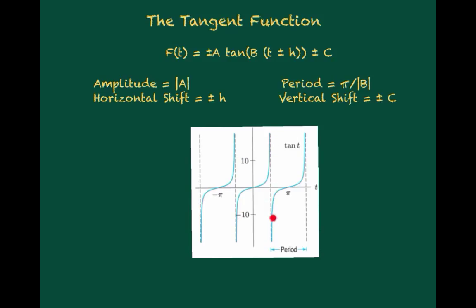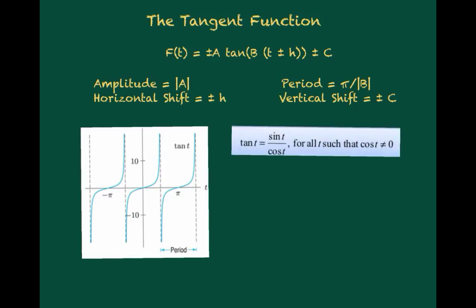And let's take a quick minute to explore why that's true. Tangent is defined as sine over cosine. And even back to the SOHCAHTOA days, where sine equaled opposite over hypotenuse and cosine was adjacent over hypotenuse. And we knew that tangent, of course, was opposite over adjacent. Well, if you took the sine